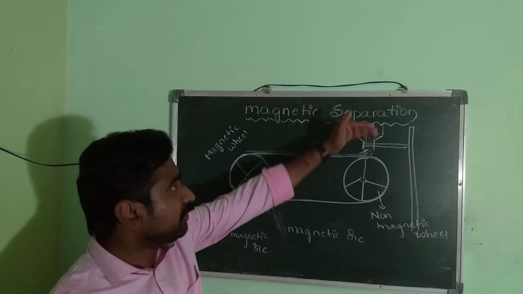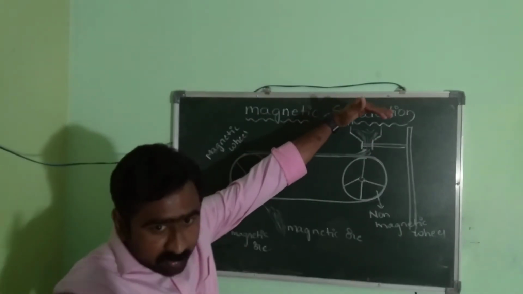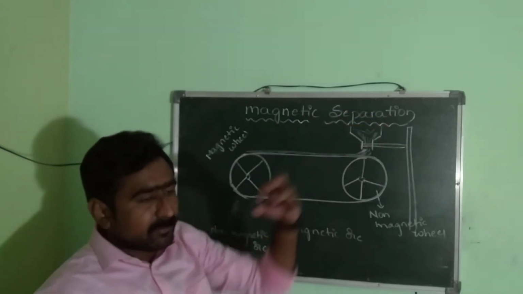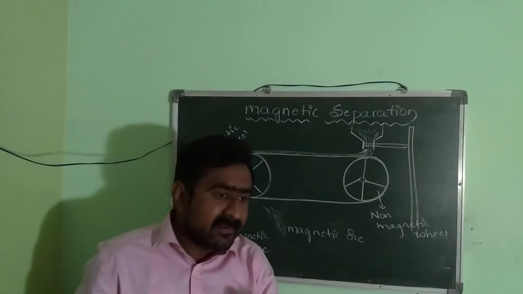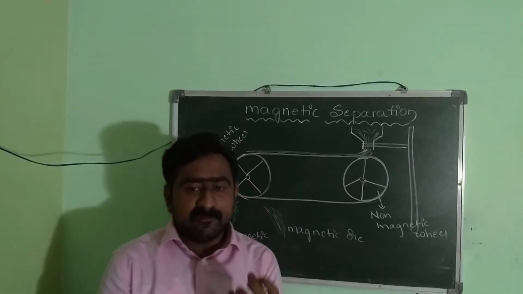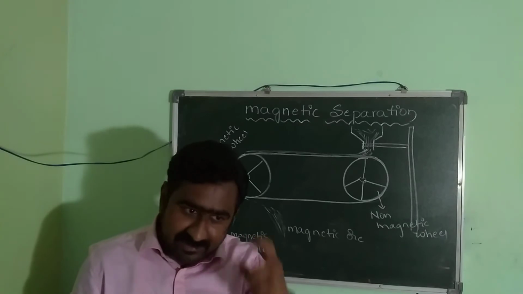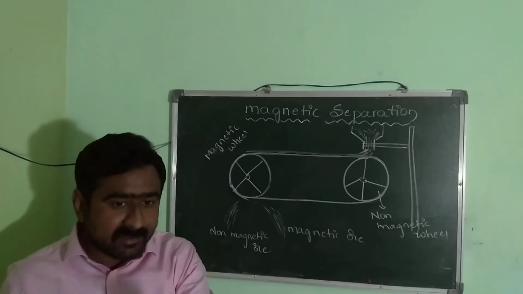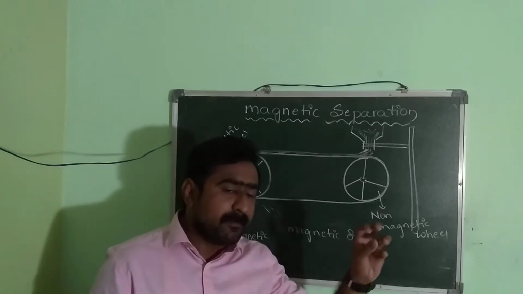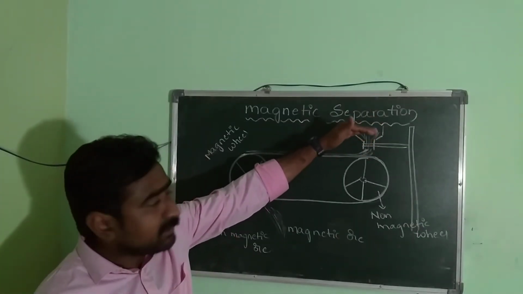So on the non-magnetic wheel top, we arrange a setup where we are going to pour some important ore particles. First of all, we need to powder that ore. We crush it and convert that ore into fine powdered particles. Through this apparatus, we are going to pour that powdered ore